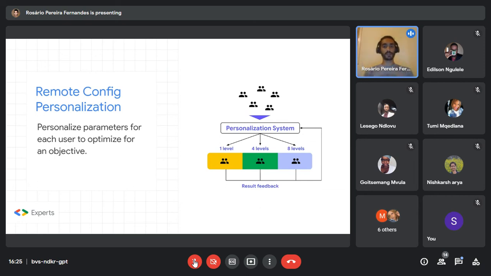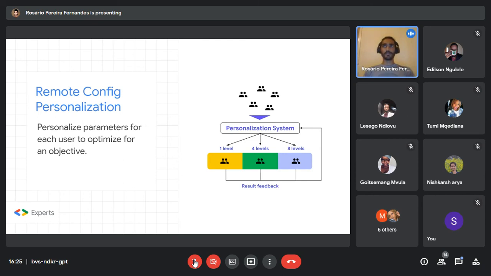So a group of users is gonna get the review dialog after one level. Another group is gonna get it after 4 levels, and another group will get it after 8 levels. And the good thing about this feature is that it runs on machine learning, so it learns over time.